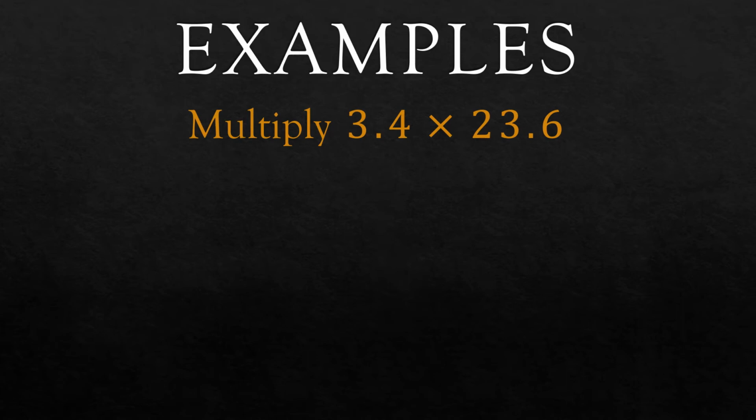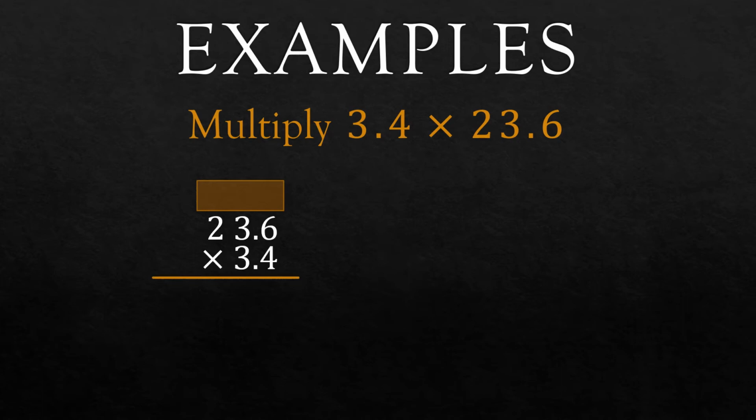Okay, let's start. 3.4 multiply 23.6. In this question, first we write the bigger number 23.6 on the top and the smaller number 3.4 on the bottom. Then we draw a carry-on box. And now we will draw a line so our answer can go below it. And we put a multiplication symbol to the left. As usual, we start multiplication from the right. 4 multiplied by 6. 4 6s are 24. So 4 we will write below the line and carry 2 to the ones place.